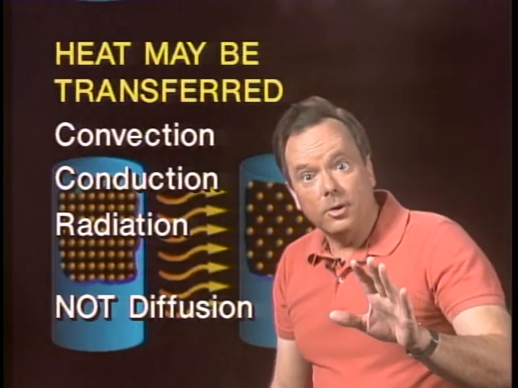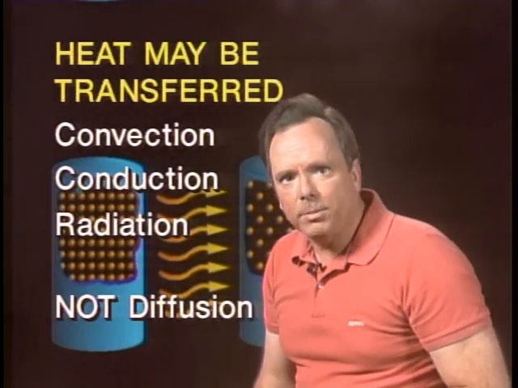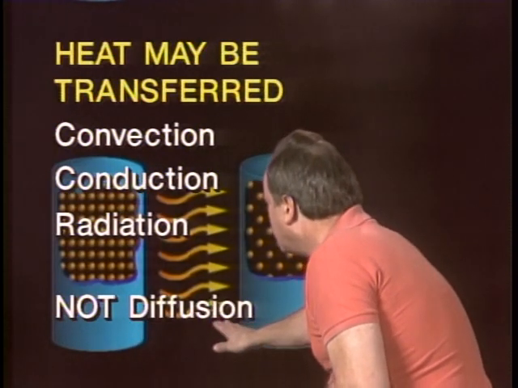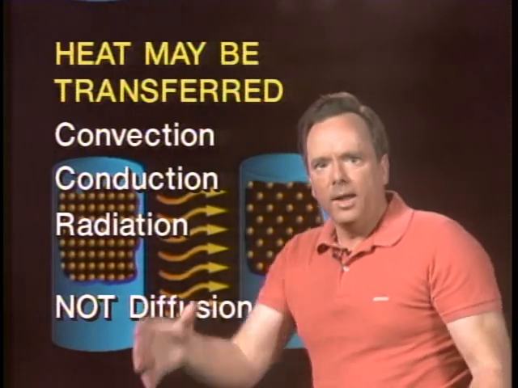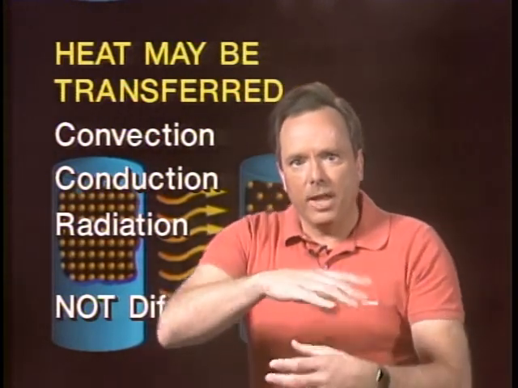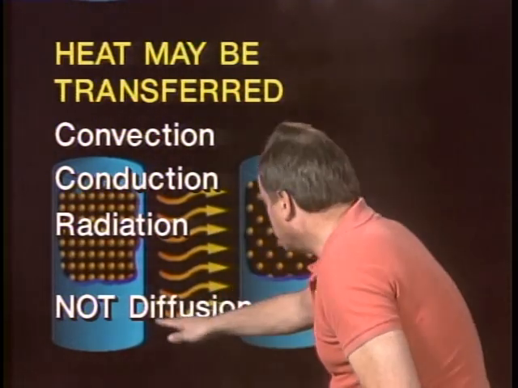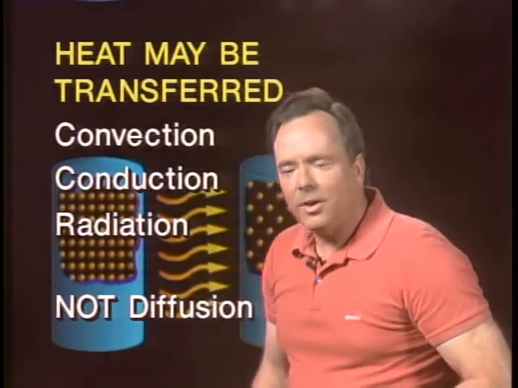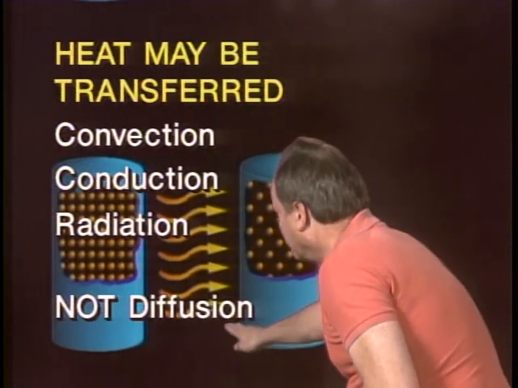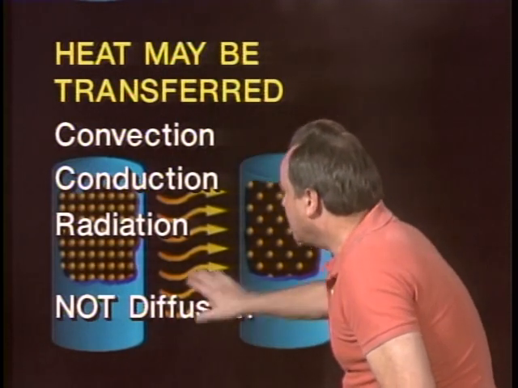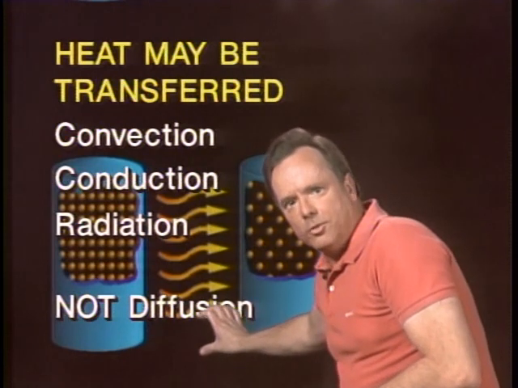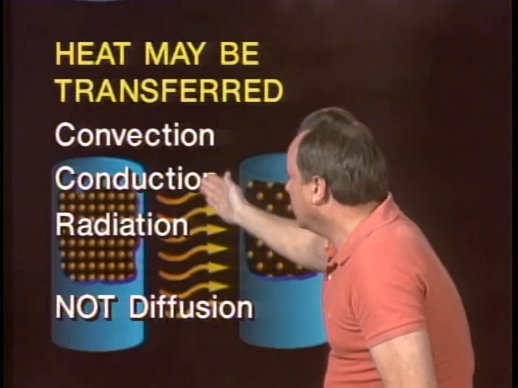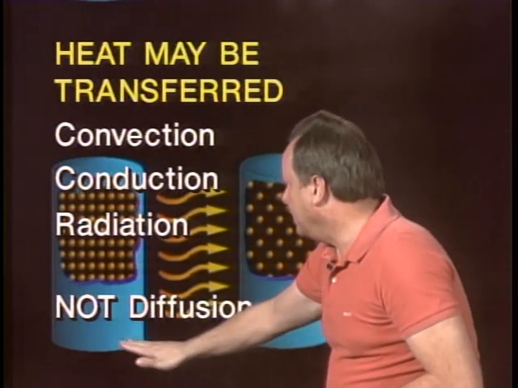Now, one of the things you need to know on the test is here is one way that heat cannot be transferred, and that is by diffusion. Diffusion is mixing of molecules. If you have a container of air and you introduce some other gas in there, they will mix together. That is diffusion. If you pour two liquids together in a container, they will mix up perfectly in that container. That is an example of diffusion. That is not a way of transferring heat. That's a totally different concept. They're going to try and confuse you with that on the FAA written exam. Here are the three ways that heat may be transferred: convection, conduction, and radiation, but heat may not be transferred